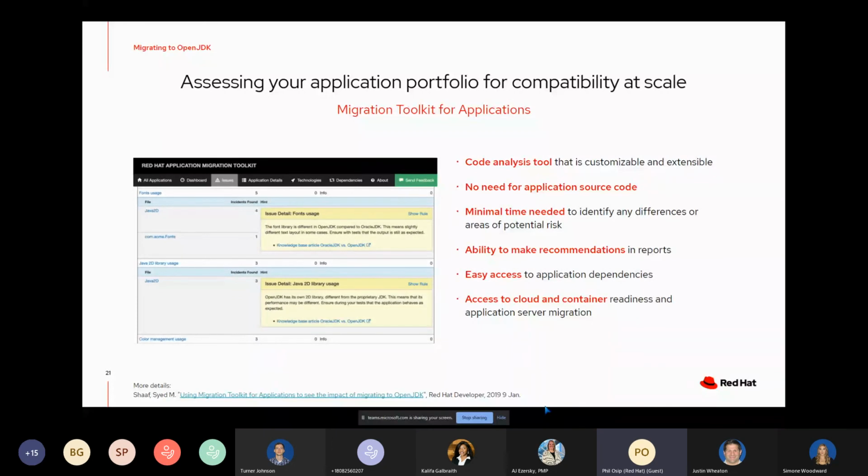There's easy access to be able to view the application dependencies. So basically unpacking, in the case of a Java EE or a Jakarta EE application server, an EAR file or a WAR file into those subordinate jar files and inspecting those as well. And there's really good access to cloud and container readiness as well. What's the fit if I want to be able to go cloud native with this? How can I turn this into a container image that has the appropriate Java version to be able to deploy